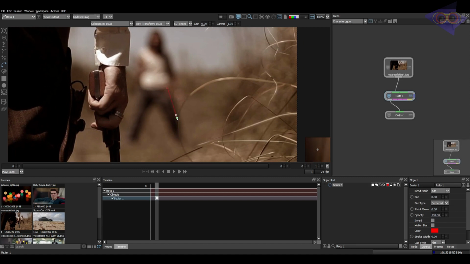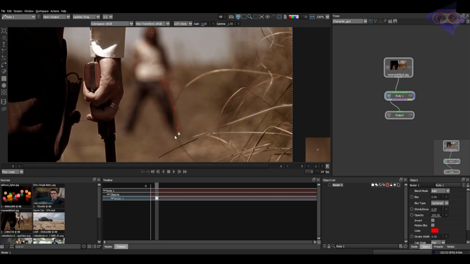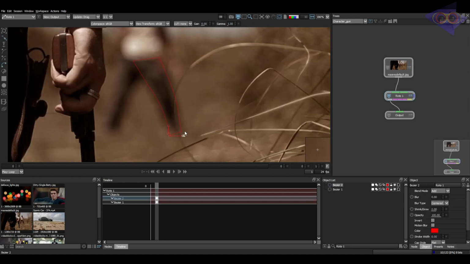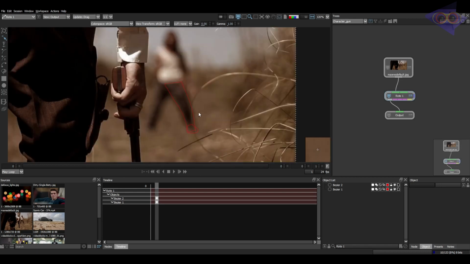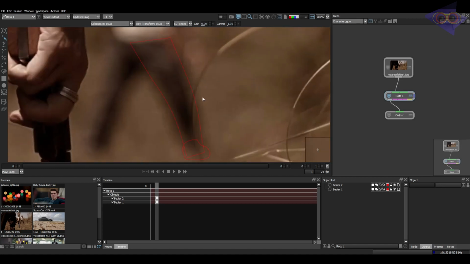I'm going to draw a shape here. Let's suppose this is the leg. So here we go, here we have the leg shape. As this is a single frame, I'm just going to draw a single shape for his leg. If there is movement for his leg, you can split the shape accordingly. Even though the shoe is not visible here, I'm just drawing a shape for the shoe. This is the proper way of doing rotoscoping. So now you can see a proper leg kind of shape here. Let's suppose the shape is finalized.